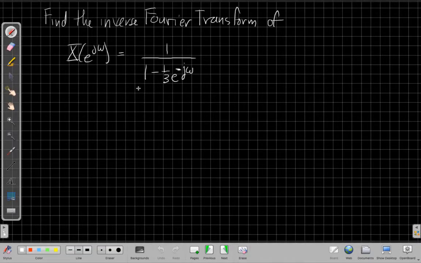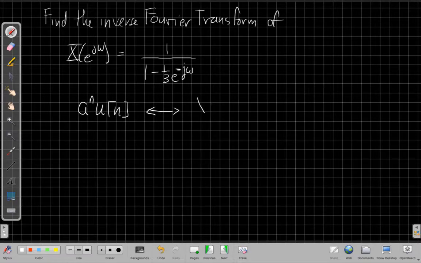For the first one, suppose I was asked to find what time signal, that is, find the inverse Fourier transform. What I'm really saying is what time signal has this for the Fourier transform. I've got 1 over 1 minus 1/3 e to the minus j omega. This should look familiar because we have already seen the example in the book and earlier examples in class of saying, if I have a to the n u of n,